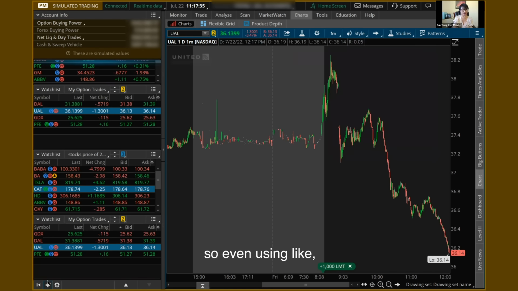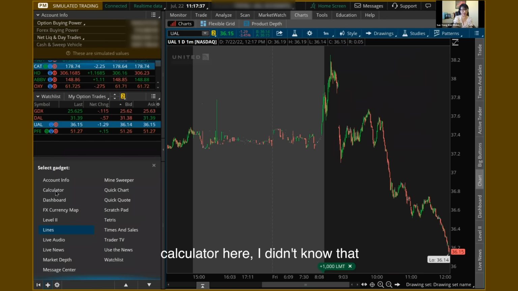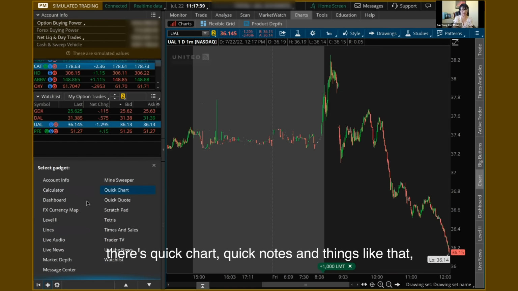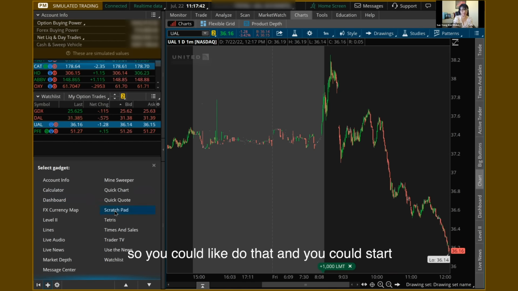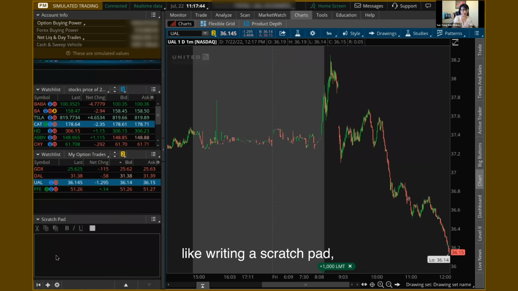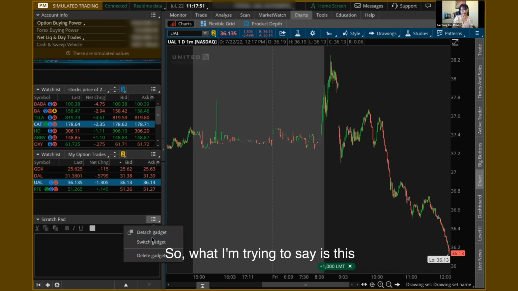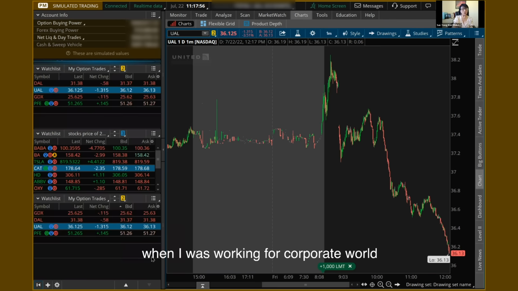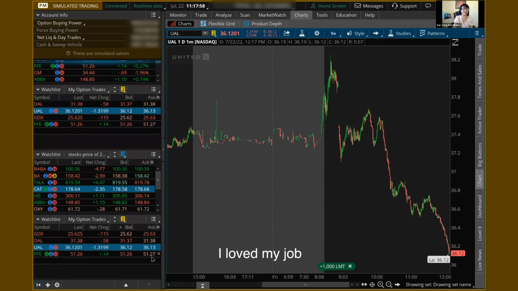even using a calculator here. I didn't know that. There's a quick chart, quick notes and things like that, a scratch pad. So you could start writing on a scratch pad, take notes and things like that. So what I'm trying to say is this: when I was working in the corporate world, I loved my job,